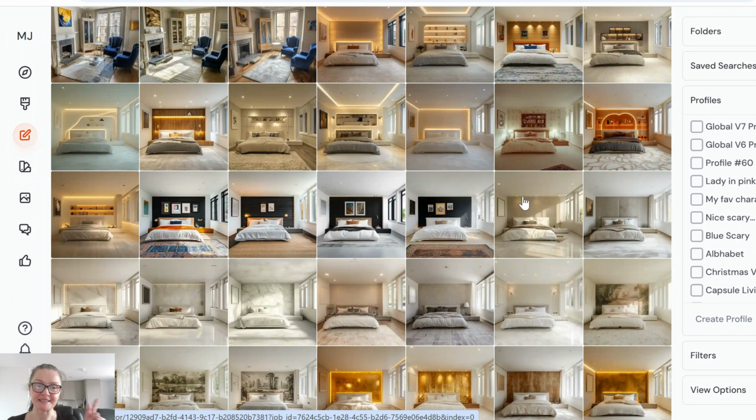Next, we have this desaturated bedroom. Guys, please look at how I am taking photographs of each space. So please, if you haven't seen my previous video on how to take perfect photographs for AI to work with,